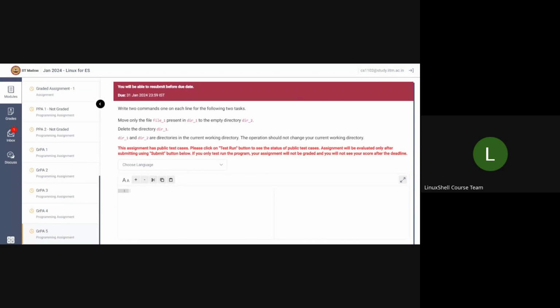And the issue with the test case, right? If you are writing your code to ensure that all the test cases pass, you may encounter corner cases where it may fail. So I want you to not think about how I can get the test case passed, but to think about what the operation is asking you to do exactly as is. In this scenario I can understand that you may want to do ls and see what is there, where your dir1 is, where your dir2 is. But assuming that all of these things are true, what set of commands you will use one by one to do this operation is what we are asking in this particular question. Okay. Yes, sir.